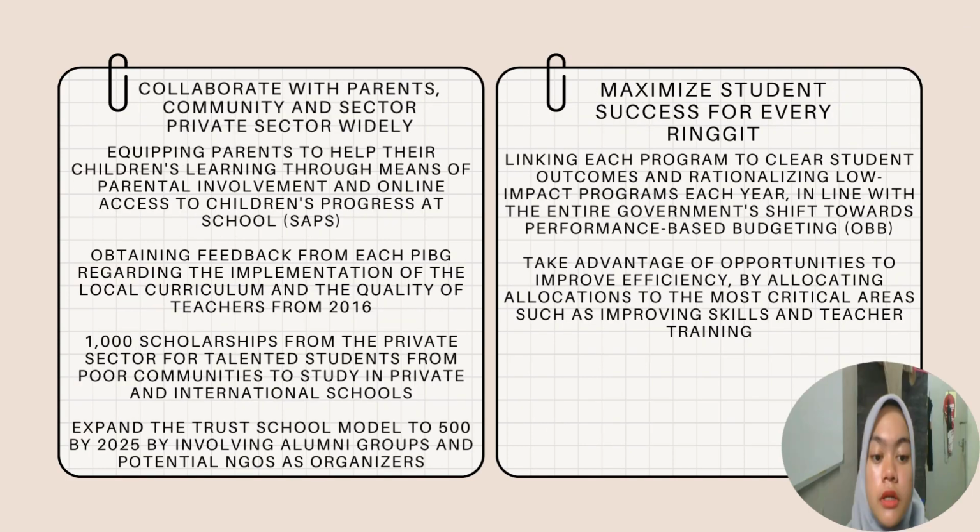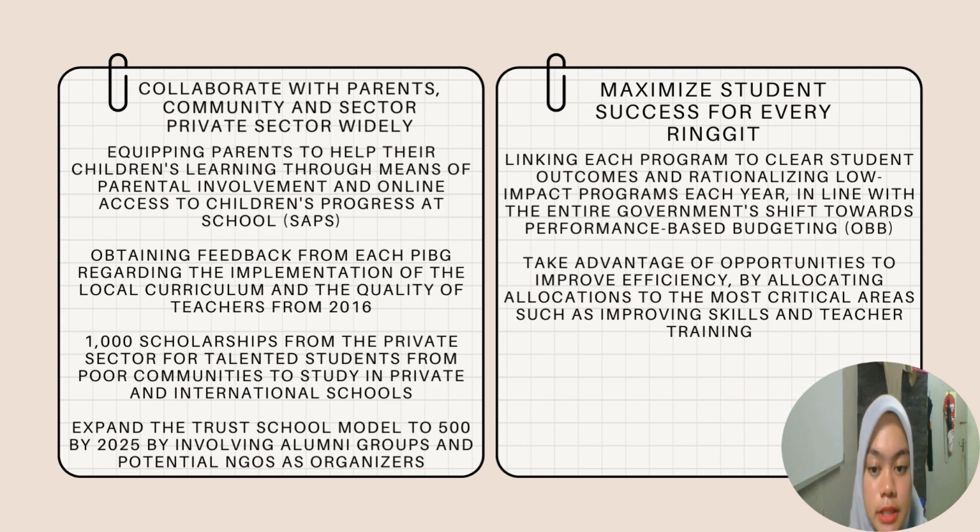2016. Shift number 9 talks about collaboration with parents, community, and private sector widely. It is equipping parents to help their children's learning through parental involvement and online access to children's progress at school, which is SAPS. It is obtaining feedback from each PIBG regarding the implementation of the local curriculum and the quality of teachers